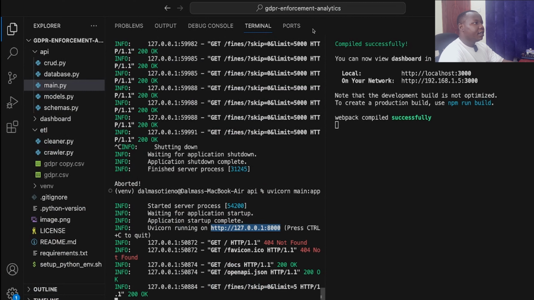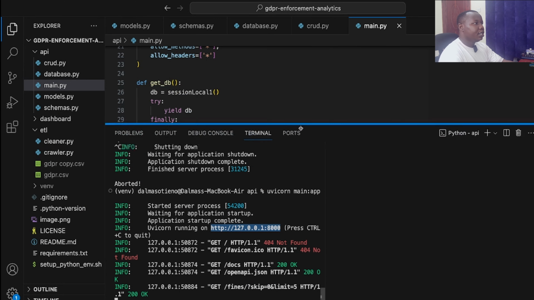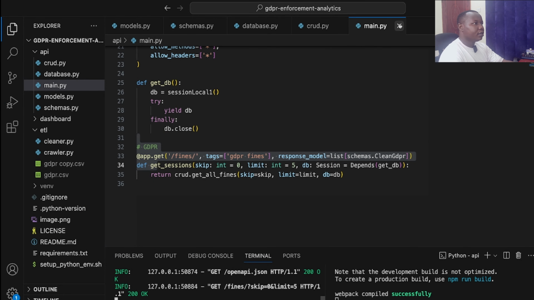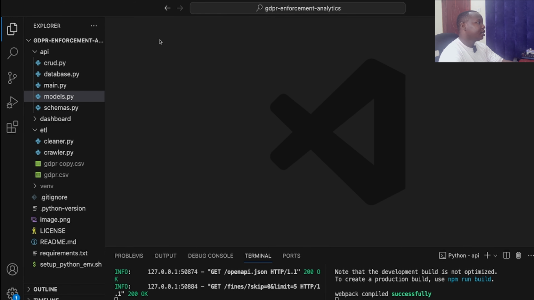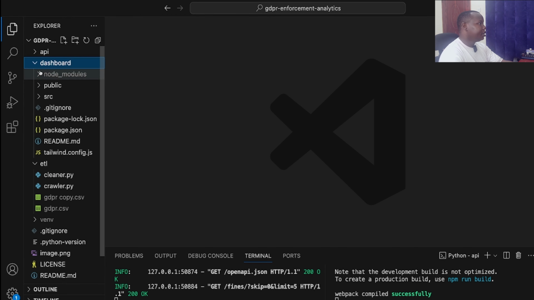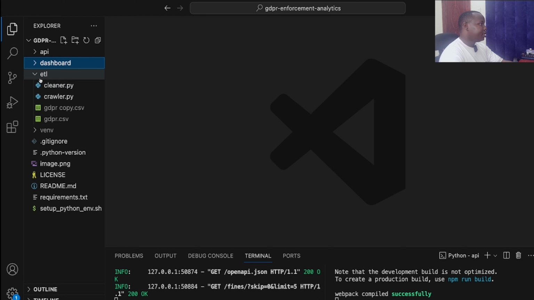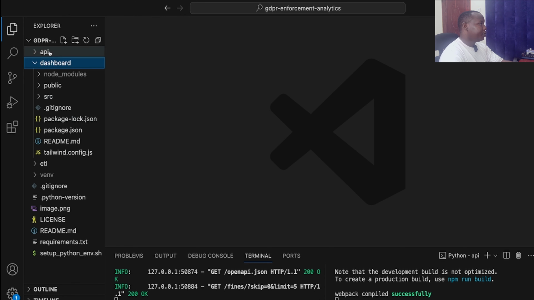So after that, I need to create now a front end so that at least I can try out my skill from what I've been reading about D3. So I created a project